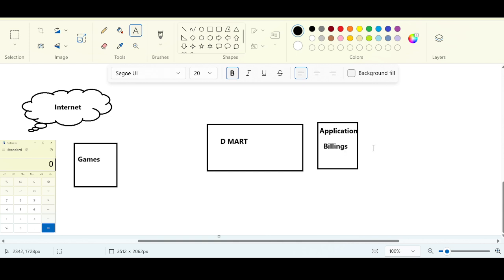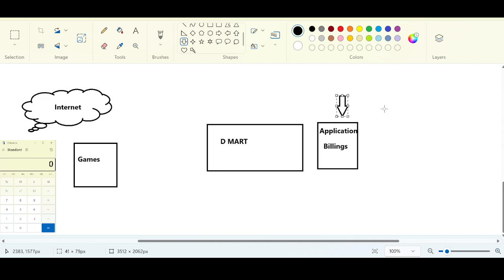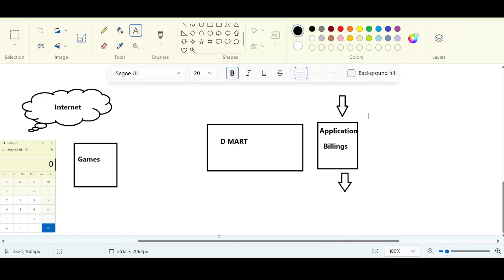The software is designed in such a way that it takes the customer purchases as input, and it is going to generate the bill as the output. Each and every system is going to have this software. It is not at all connected to the internet, because it is built for each and every system independently. That kind of application is called as what? The standalone application. Again I'm telling, any application that is not using the internet, if it is working without an internet connection, blindly say it is a standalone application.